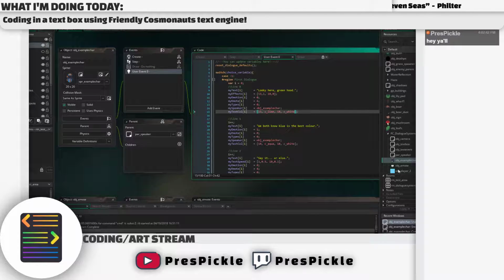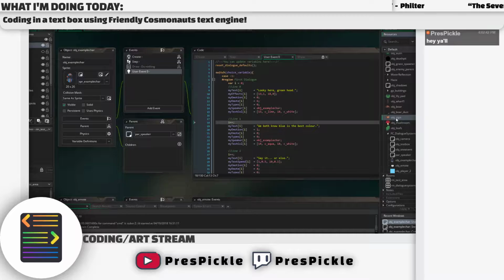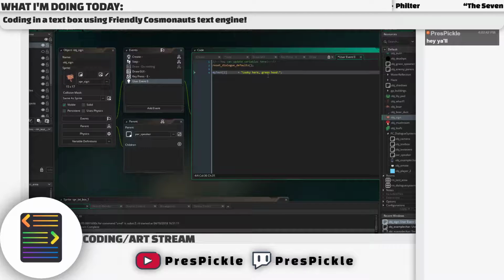Yep. I plus plus. Oh, so it's saying like my text 1, my text 2, my text 3. Oh, wow. So you can actually set my text. Okay, that makes it a lot easier because now I can set custom ones in the create event. Right? Anyway, my text 1 will equal